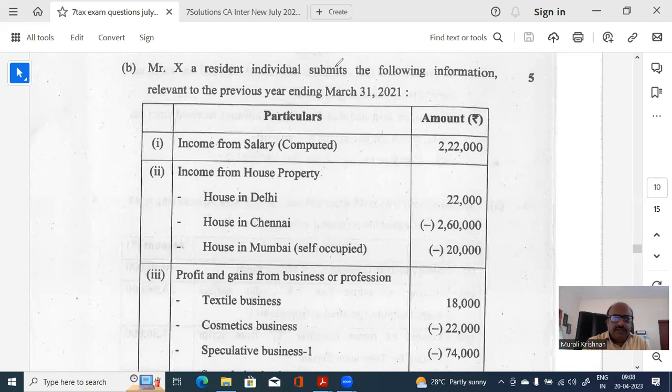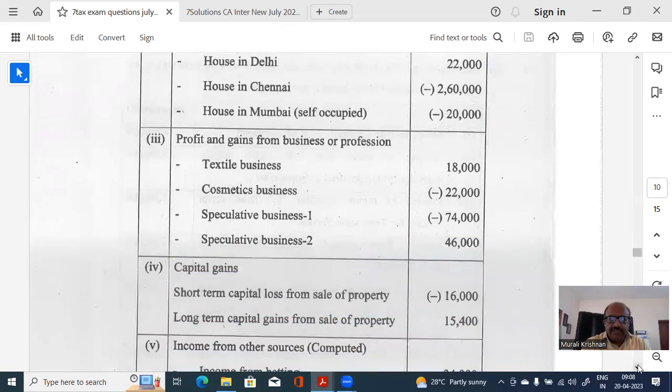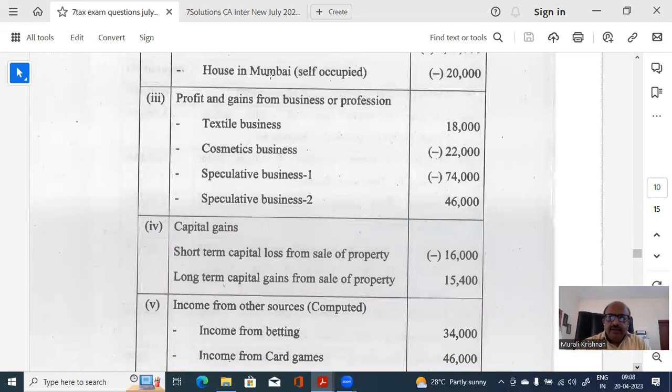Let's see the rest. Textile business. 18,000 minus 22,000, another business, speculative. So speculative can be adjusted here only. If this profit can be adjusted with this loss. As far as this is concerned, this profit can be adjusted with this loss. So you have to look at it separately. As far as house property is concerned,